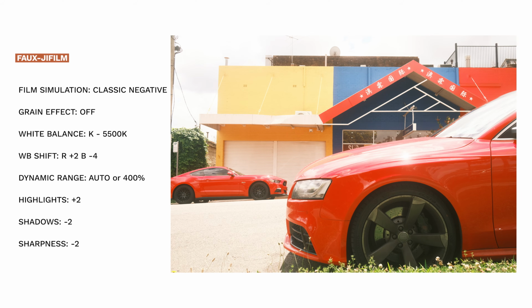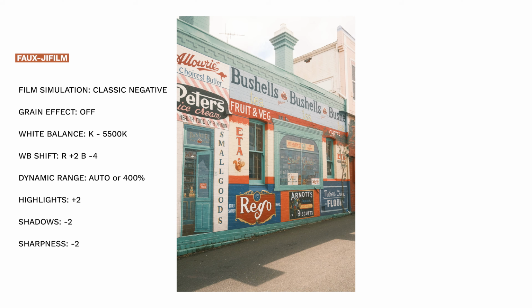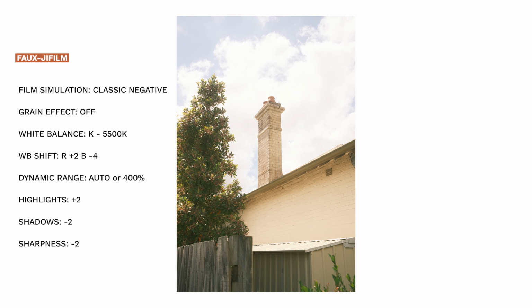I also tend to dial the exposure compensation from +1/3 up to +1 full stop when using this profile. The only real downside is sometimes highlights can get blown out, so either set dynamic range to 400% and shoot above ISO 640, or dynamic range at auto and bring back some highlight detail in post-processing, but you would need to shoot in RAW format to do this.